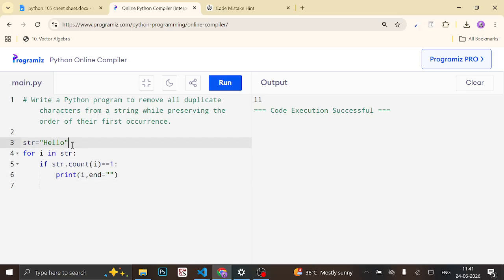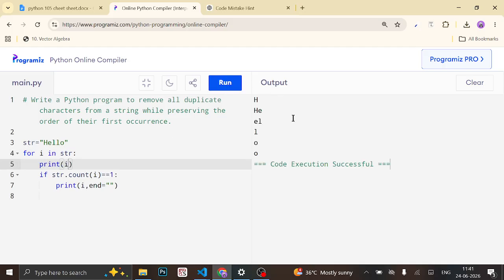How can we solve it? str equals to hello, for i in str, if str.count(i) equals 1, print i. But I want to print L also. When I print i with the indexing value, we get H, H, L, E. Okay, but